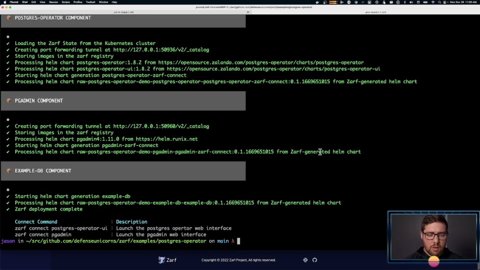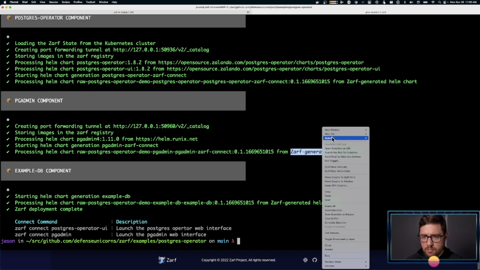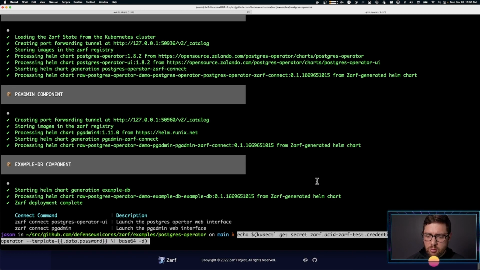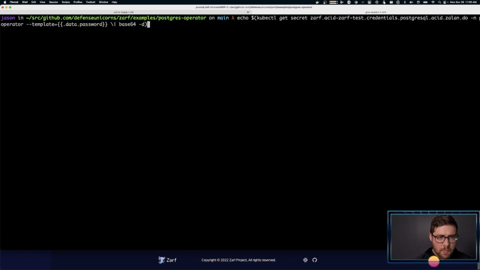So we'll use that to get our password. Let's take this apart, what we're actually doing here. First and foremost, we're going to do an echo. We're going to grab a secret called zarf.acid-zarf-test, credentials, Postgres,